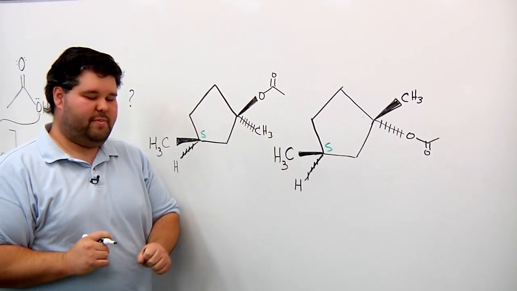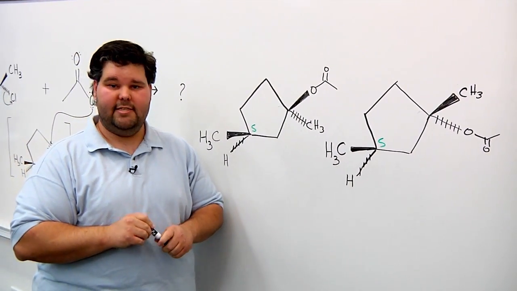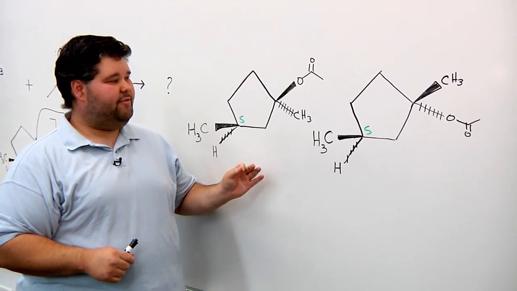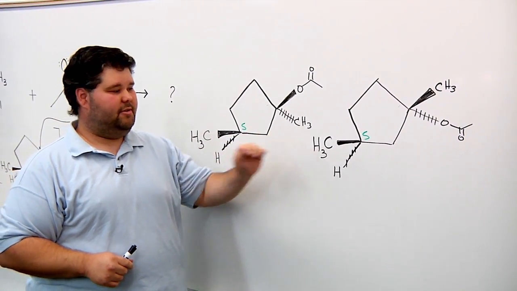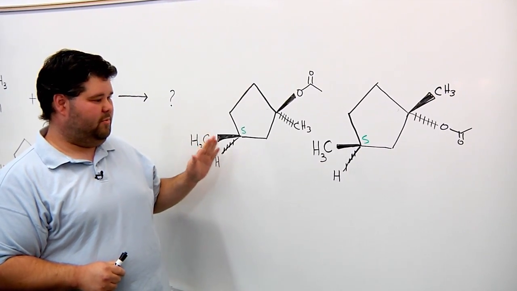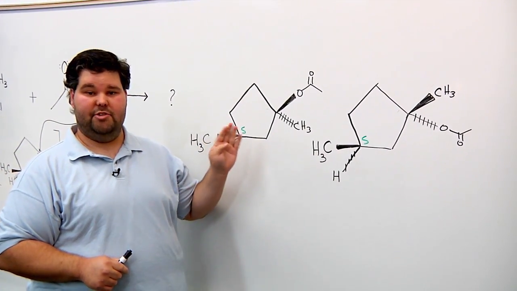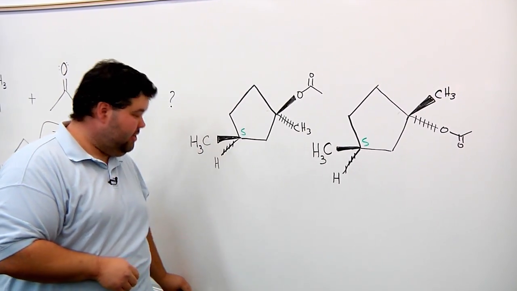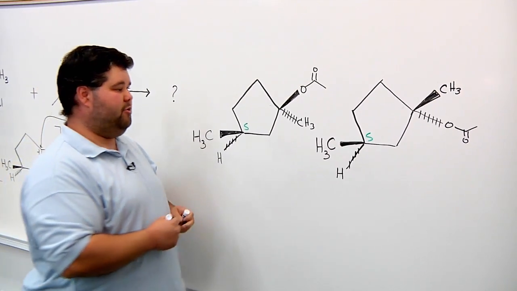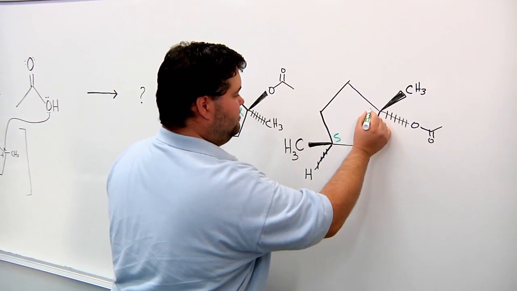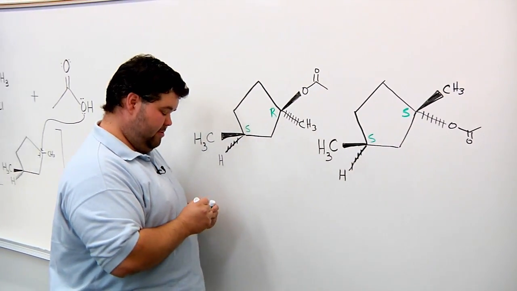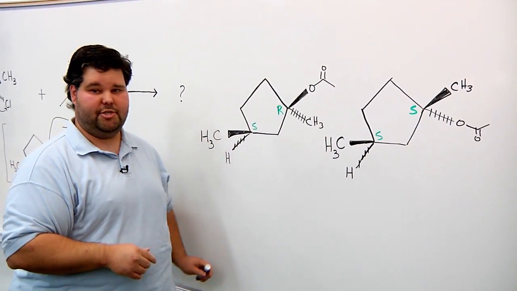Because the intermediate is sp2 hybridized and flat, the oxygen can attack from either the front or the back in equal amounts. These 2 structures are diastereomers because one chiral center remains the same while the other changes. If we do the checking of the priority groups, we find that this one is R and this one is S, and they form in equal amounts. This is a diastereomer mixture.